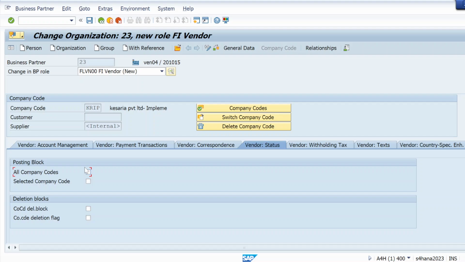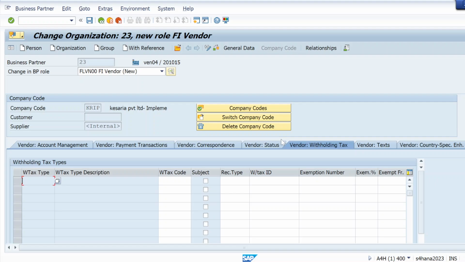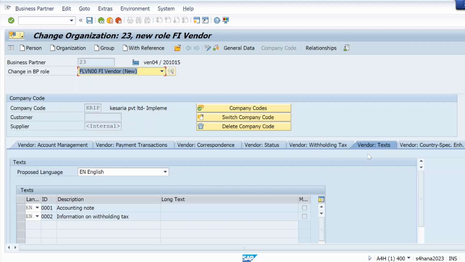We are going to leave it unblocked. In ECC, if you remember, if you practiced on ECC, we used XK05 and XK06 to block a vendor for all company codes and selected company codes. But here, as the XK T codes are obsolete, we can do that simply in BP also, blocking from here. So we are not going to block anything here. And then these tax type details related to tax exemption number, if we have an exemption, we can select all these.